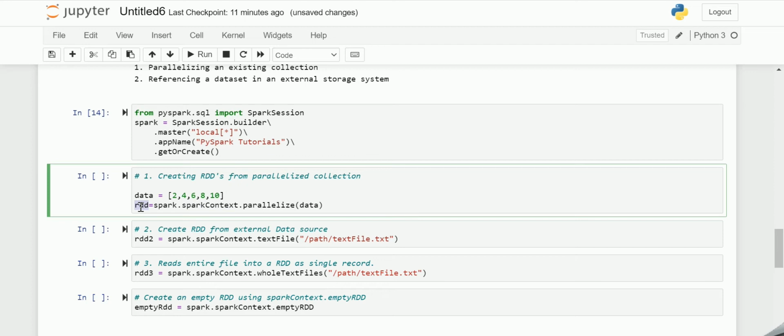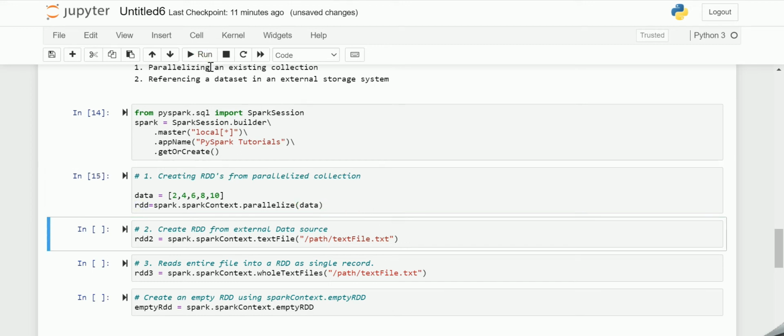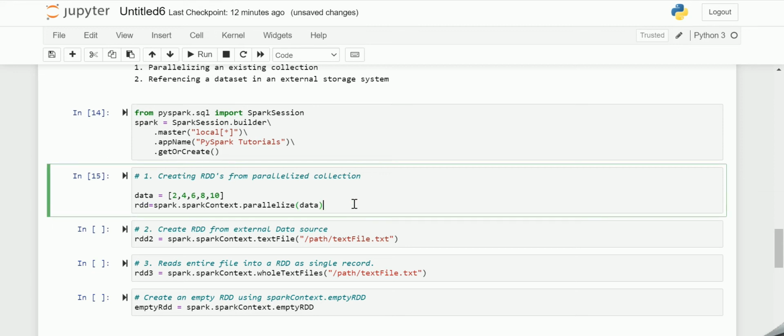This is the basic method to create an RDD, used when you already have the data in memory, either loaded from a file or from any other database. It requires all the data to be present on the driver program prior to creating an RDD. So let us run this cell. The RDD is created without any issues.